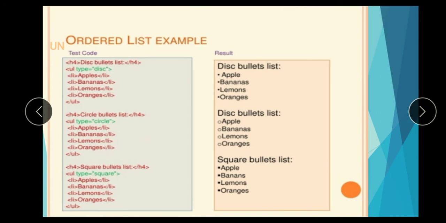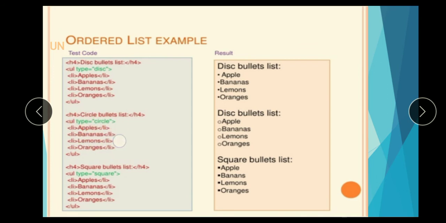Unordered list example here. There are so many examples of unordered lists. Here the left side is the text code and the right side is the result. Text code: UL type disc. List items apples, banana, lemon, orange, and unordered list close. Here the result: apple, banana, with a dot.